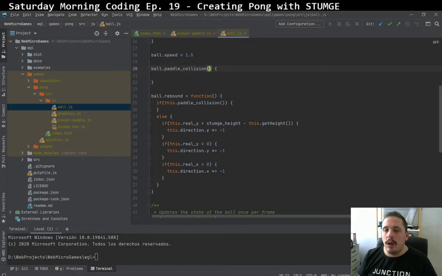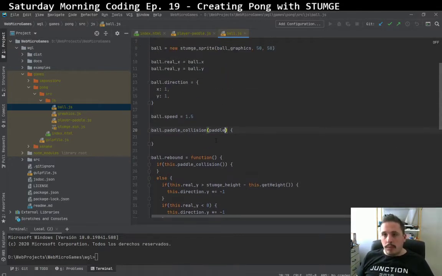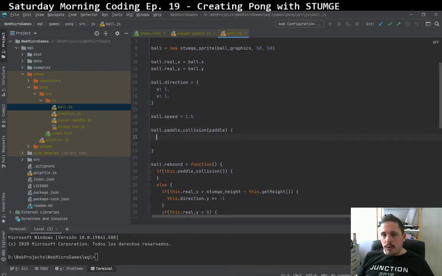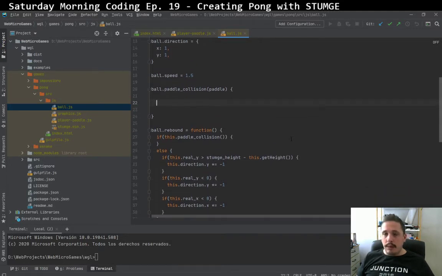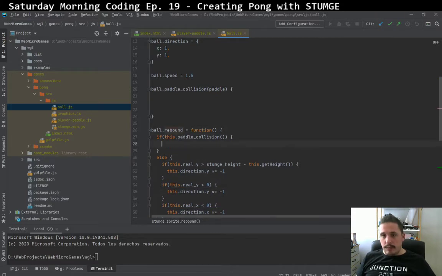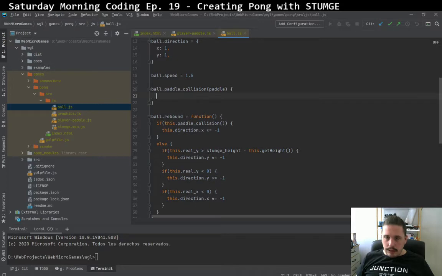And here we are going to specify the paddle, because we will need to use this as well with the other paddle, but so far it is paddle collision, then direction dot x is multiplied times -1. And in this way we compare if